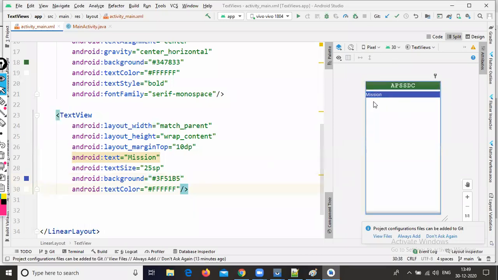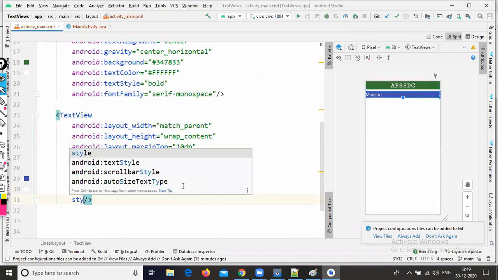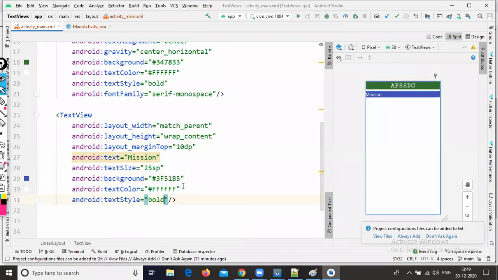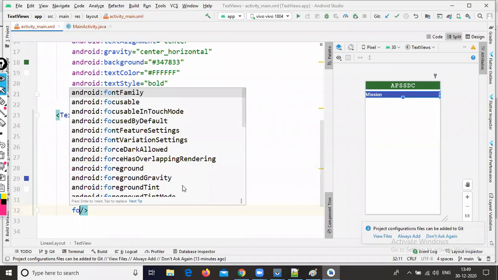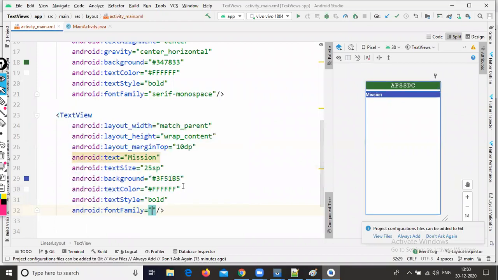APSSDC is the main heading and Mission is a subheading. In case you want to use the text style, bold. In case you want to implement the font family, you can implement the font family also. That's your interest.